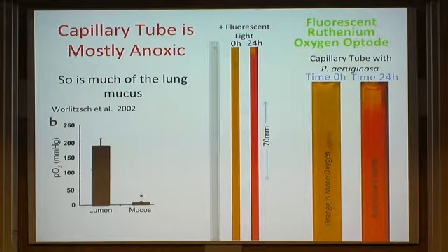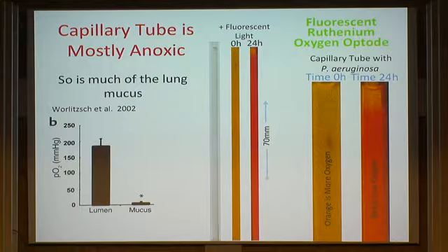To demonstrate the importance of oxygen in stratifying these communities, and demonstrate how it does in fact stratify in this system, there have been a couple of studies that looked at oxygen concentrations in CF mucus, where in the open airway you see lots of oxygen, and as soon as you penetrate into the mucus, it completely disappears. There's a lot of hot debate in the CF world about whether or not the mucus truly is anoxic,